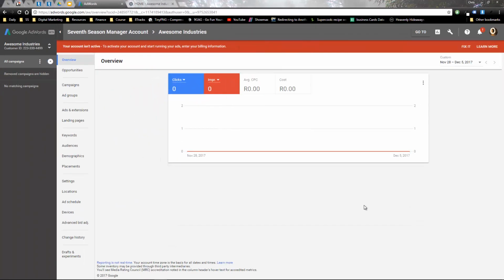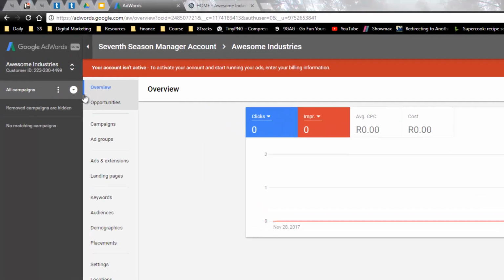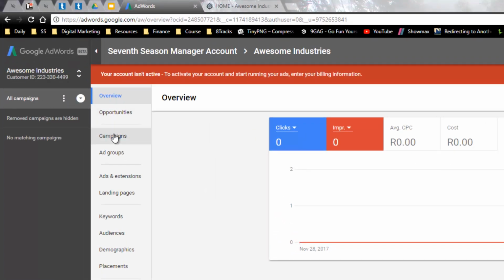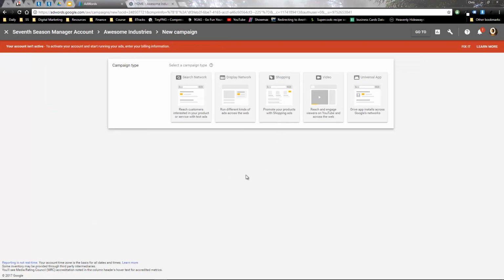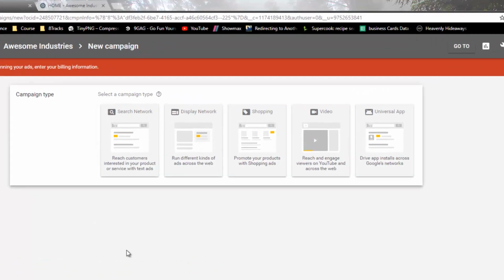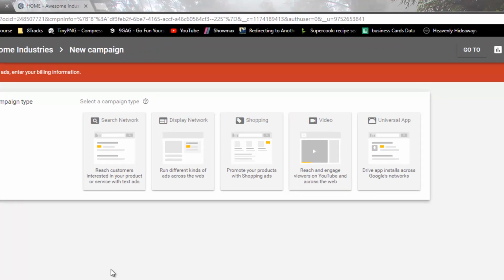Now, the first thing we're going to do is start with your campaign settings. In the left-hand panel here under all campaigns, you're going to make sure that you click on the campaigns tab, which is going to show nothing, and you're going to click on new campaign. Once you've reached this page, you'll see a number of options in front of you. And what we're going to be creating today is a basic search network campaign that you can use for yourself